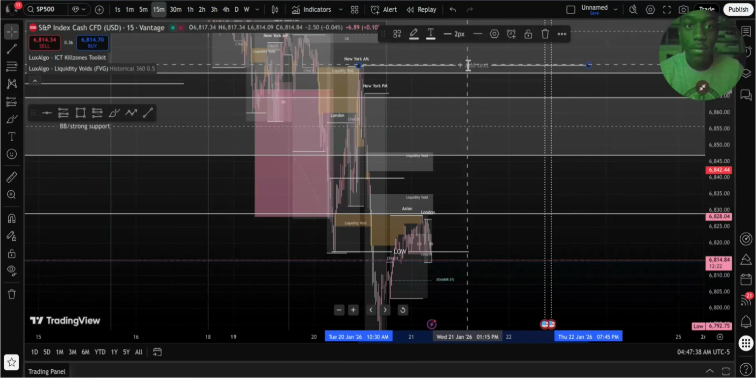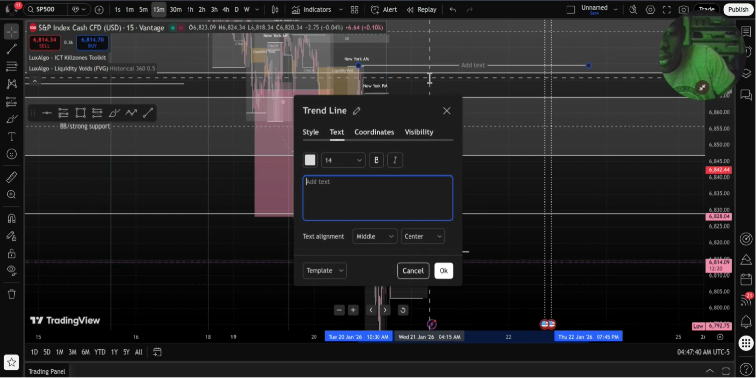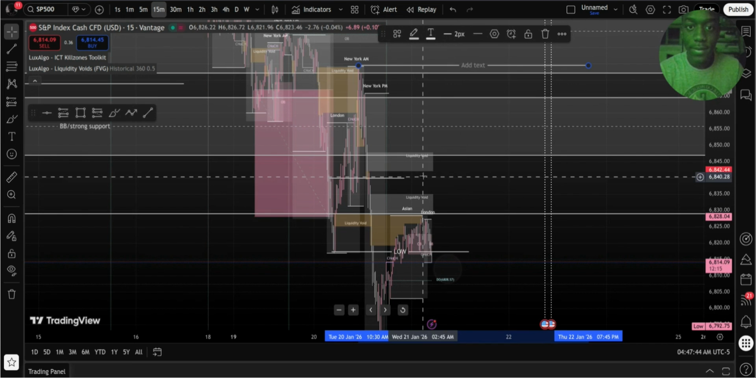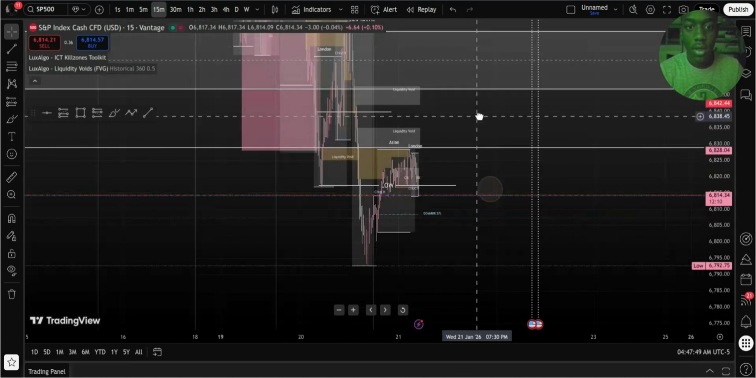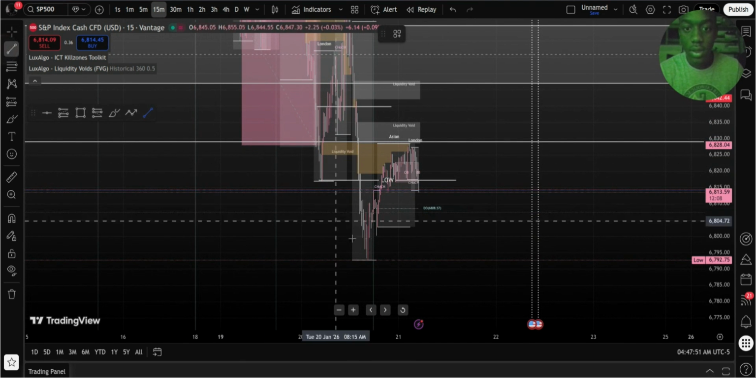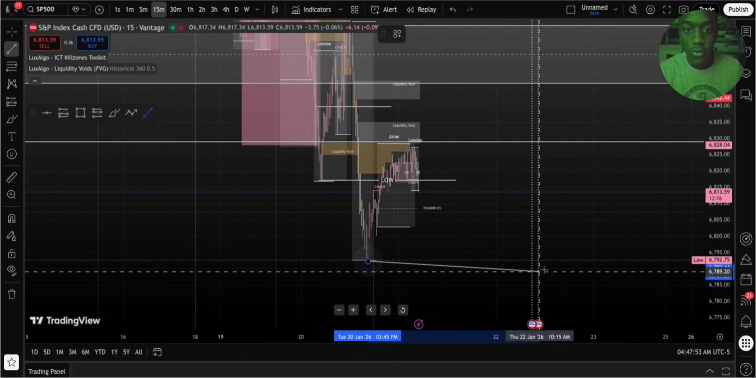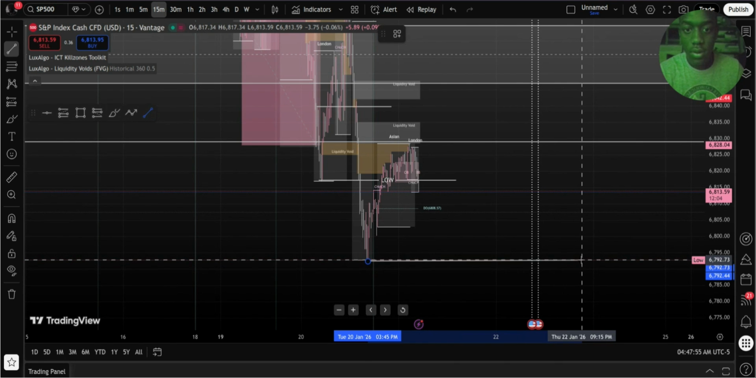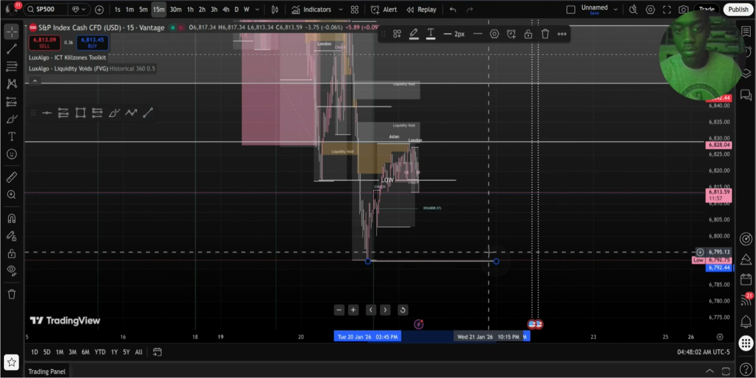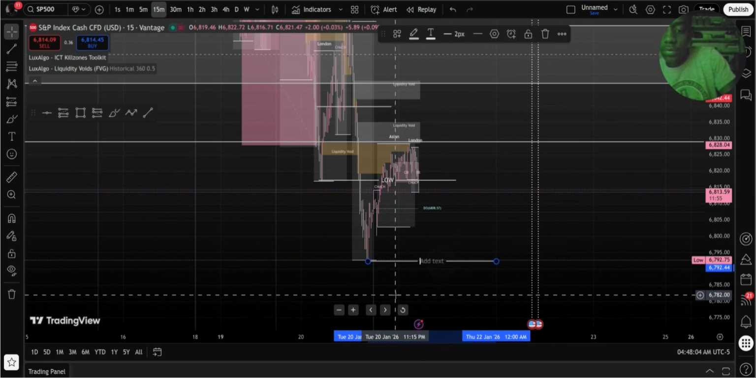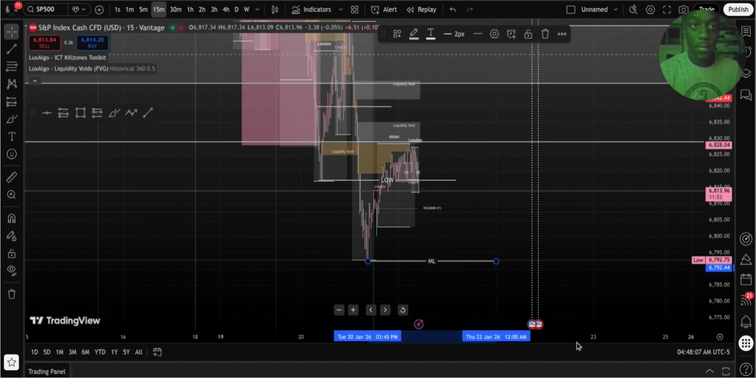That means for there to be a shift in the trend, this would have to be broken. You get what I'm saying? And for there to be a continuation in trend, this would have to be broken. But before we get to any of that,